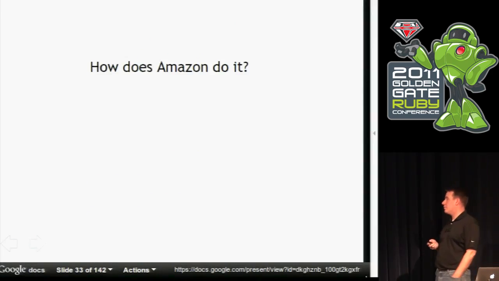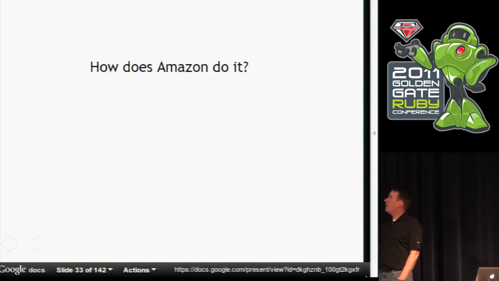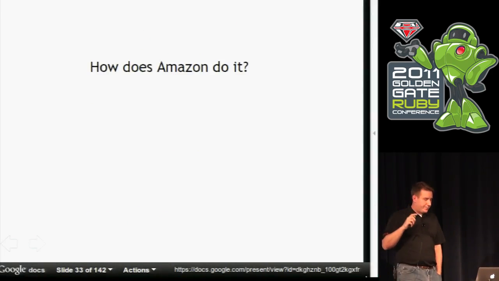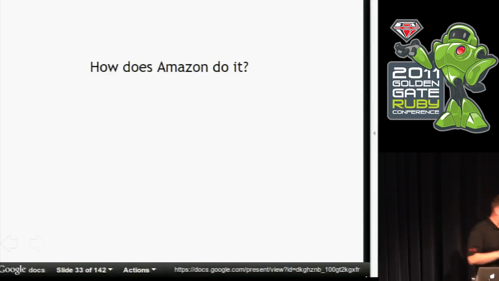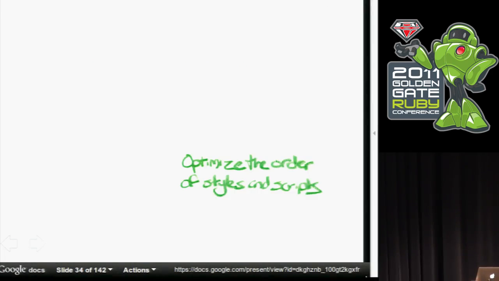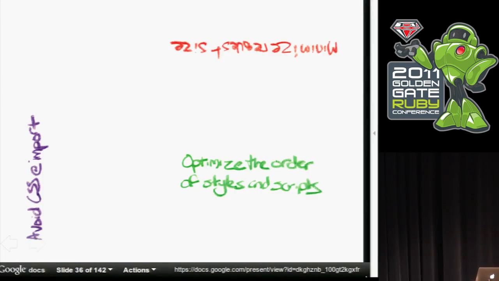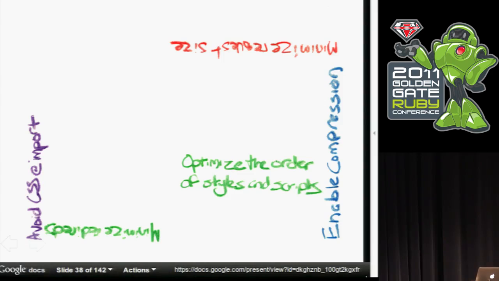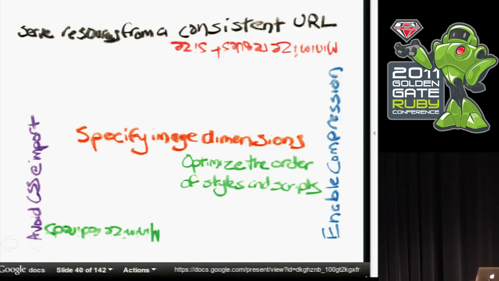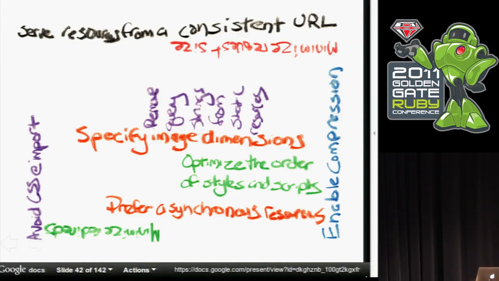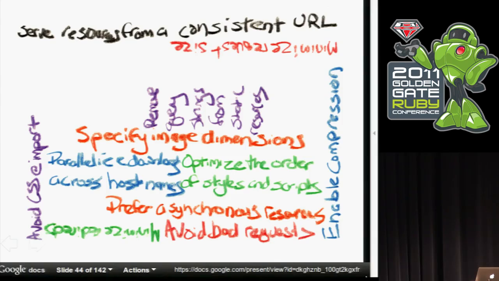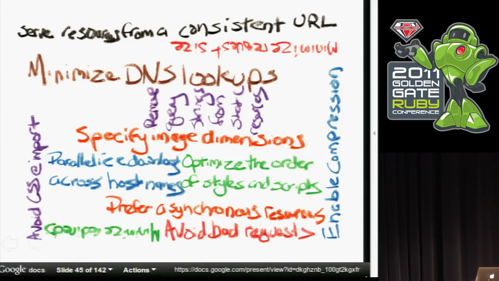83 requests is pretty typical of websites. So the question we want to ask there is, how does Amazon do it? The way that Amazon does this is they optimize the order of styles and scripts, they minimize request size, they avoid CSS import, they enable compression, they minimize redirects, serve resources from consistent URLs, they specify image dimensions, favor async resources, remove query strings from static resources, avoid bad requests, parallelize downloads across host names, and minimize DNS